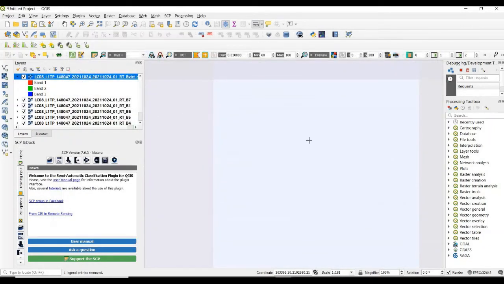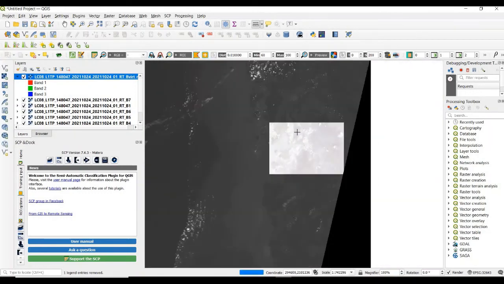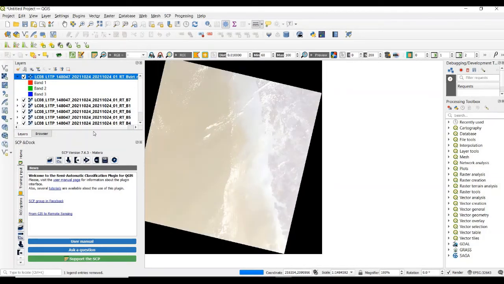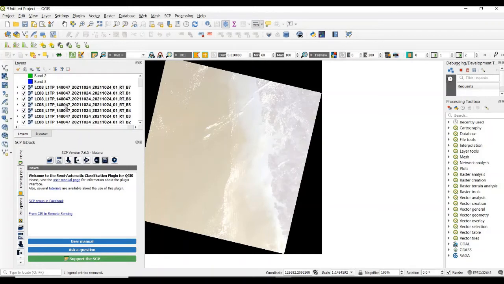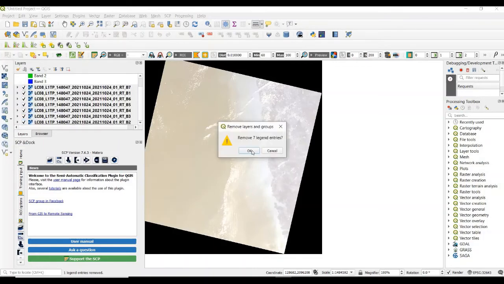Close this window and remove these bands which we previously selected, 7, 1, 6, 5, 4, 3, 2, remove.